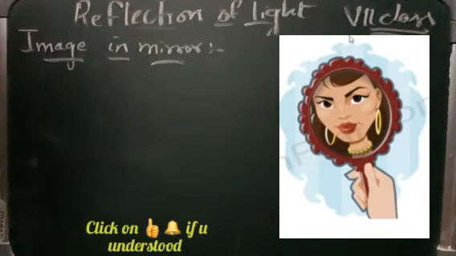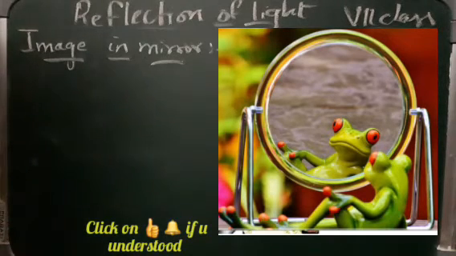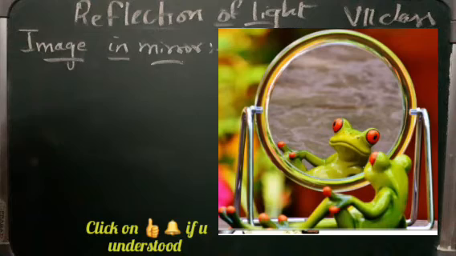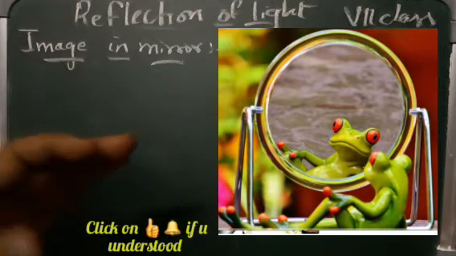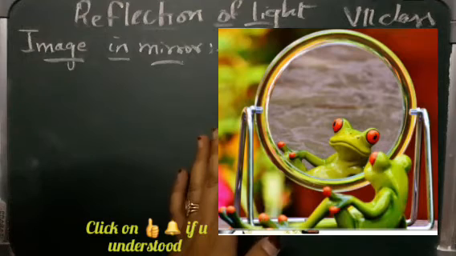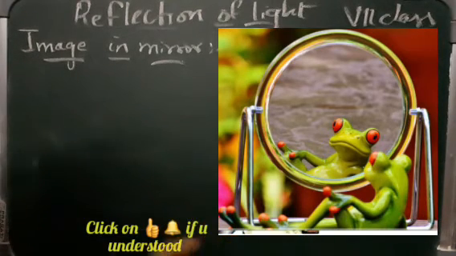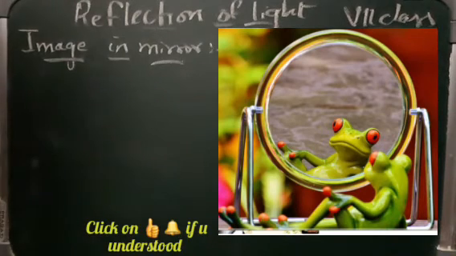Like if you see in the picture here, if someone is walking out, we can even see them in the window's mirror, isn't it? Suppose you are having a mirror and you are able to see a person who is walking out of your room, who is passing. Okay, how is it possible? Because of the reflected light, because of the light reflection.